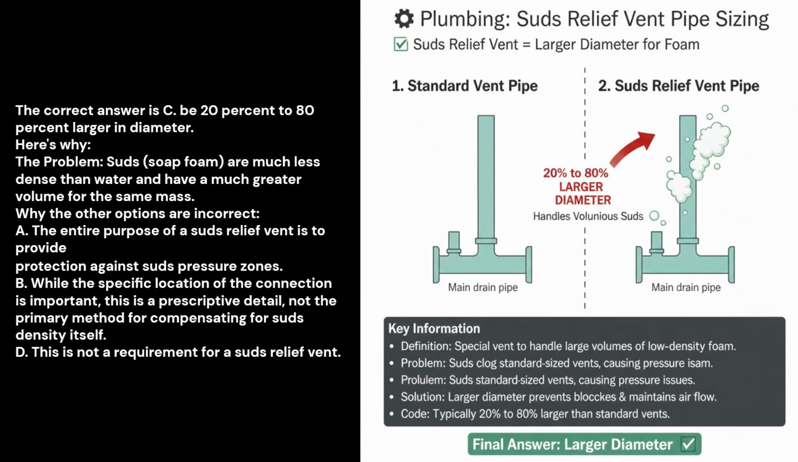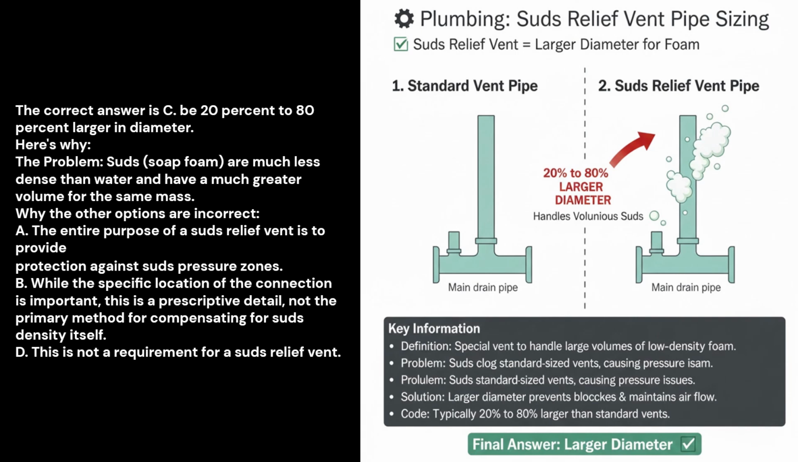Be 20% to 80% larger in diameter. Here's why. The problem: suds, soap foam, are much less dense than water and have a much greater volume for the same mass. A standard-sized vent pipe can easily become overloaded and clogged with suds, preventing it from providing proper pressure relief. The solution: to compensate for this low density and high volume, plumbing codes, like the International Plumbing Code and Uniform Plumbing Code,